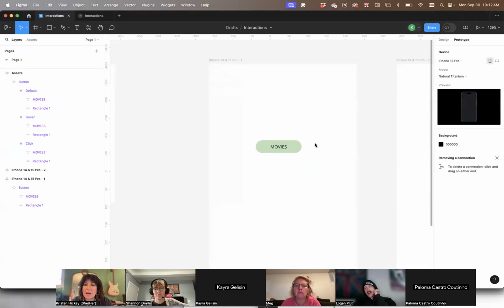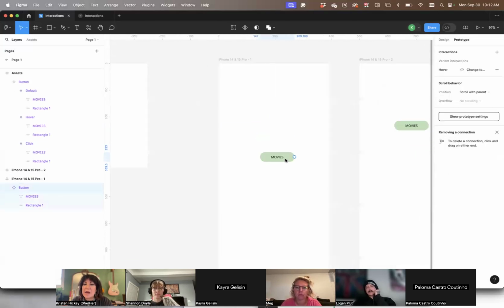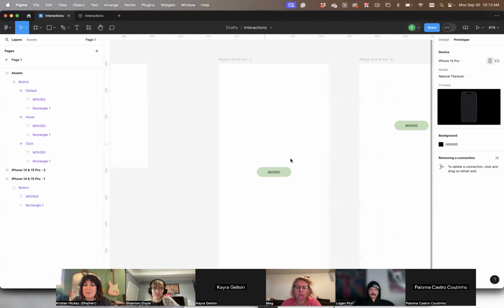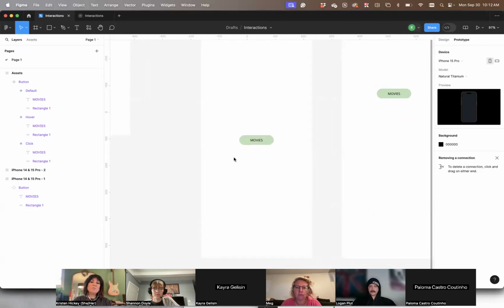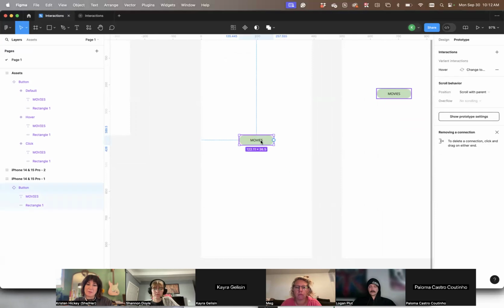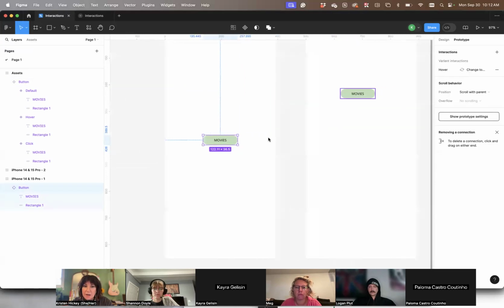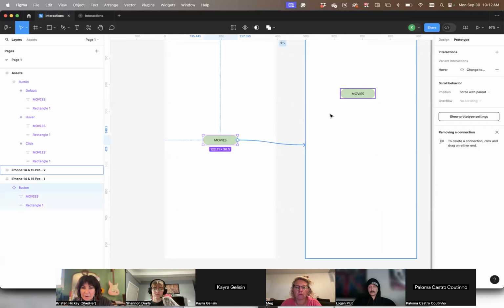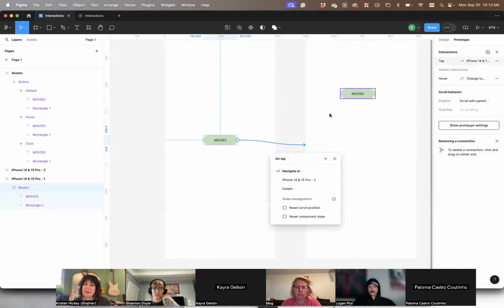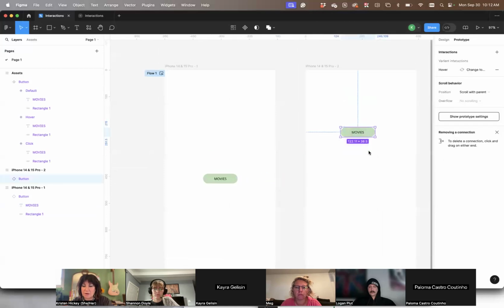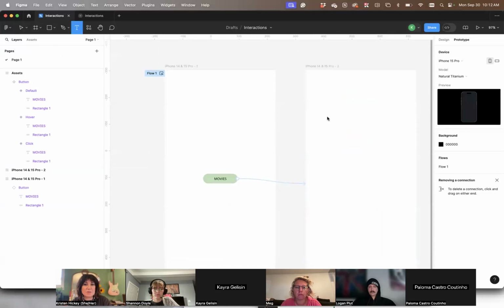Okay, so now what happens? Again, you can see I changed the copy here. So now this is our little prototype. If I say, okay, I've got my movies here and on click I want it to go over here, I can set that here on click, again on my prototype tab, to go here. So let's now remove this, and I'm just going to add some text so we can